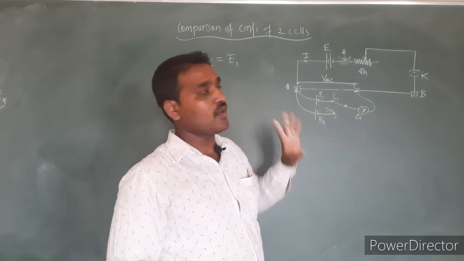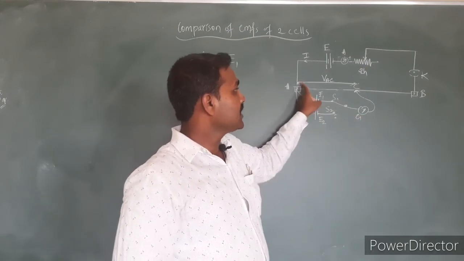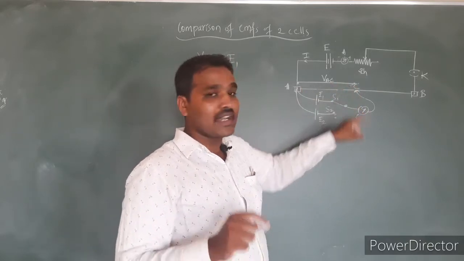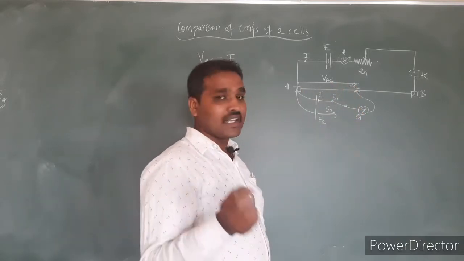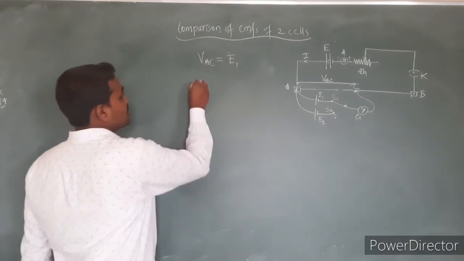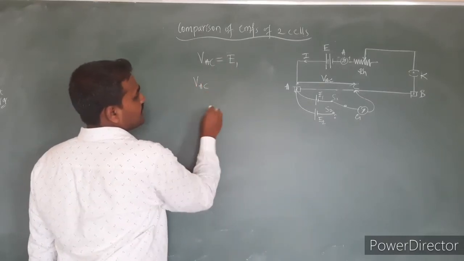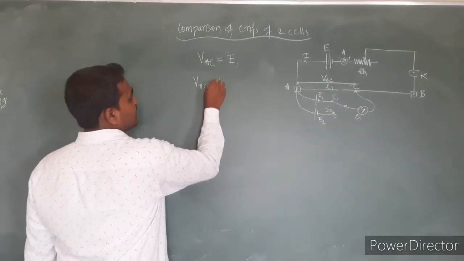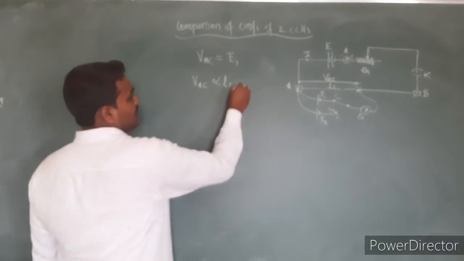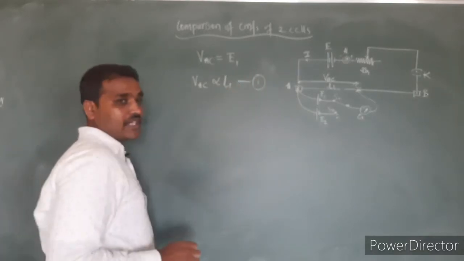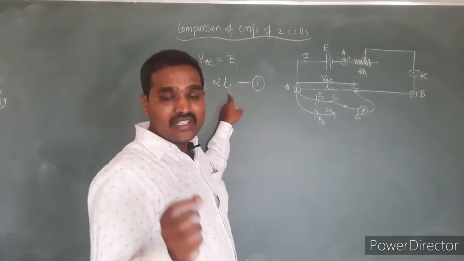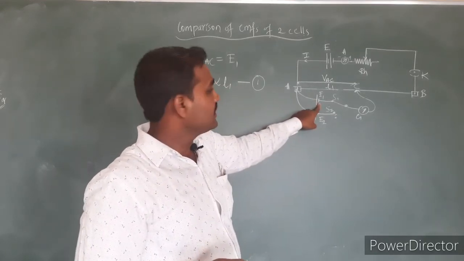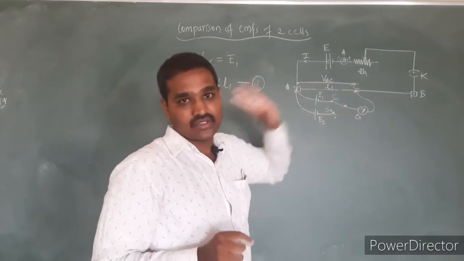So when the potential drop of the length AC becomes equal to EMF E1, the deflection will be equal to 0. We also know the potential drop depends on the resistance of this wire, and the resistance of this wire again depends on the length of the wire. Yes, in the principle we have seen, let us consider this length is L1. VAC is directly proportional to L1. Let this be equation number 1. L1 is the balancing length when the cell E1 is connected in the circuit.